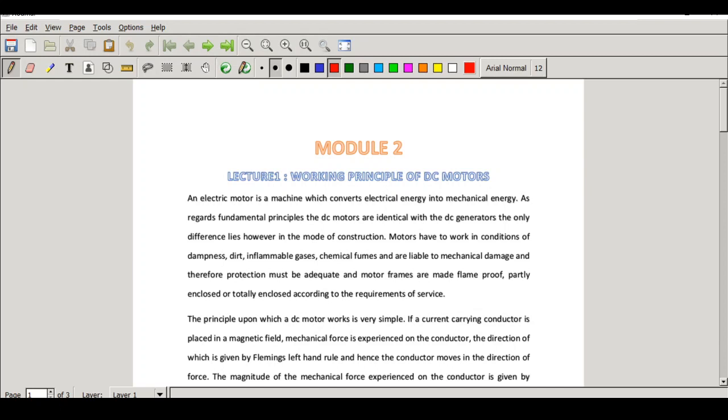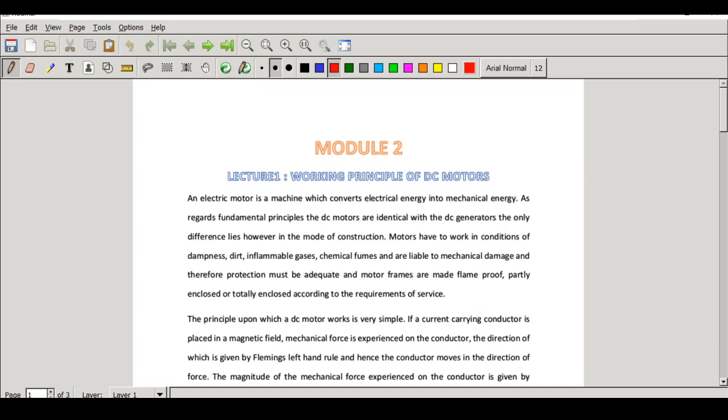Again in the case of motor, one of the very important things is how to start the motor. So what are the initial conditions to be maintained while starting a motor? There we will learn about the different types of starters, that is 3-point starter, 4-point starter, etc. Okay, and after completing the theory part, we will work out some numerical problems also. So you have to understand clearly each type of motor, that is how exactly it is functioning. Okay, so we will start with the first session, that is the working principle of a DC motor.